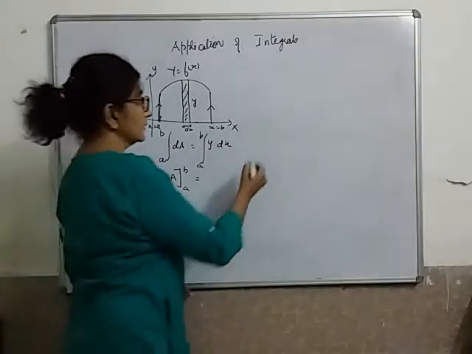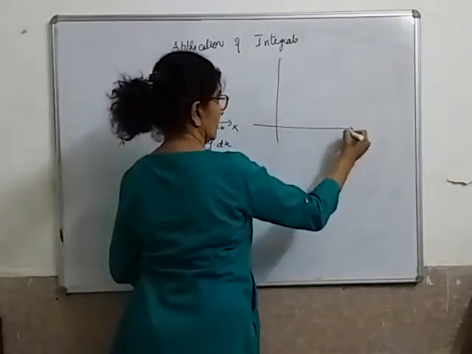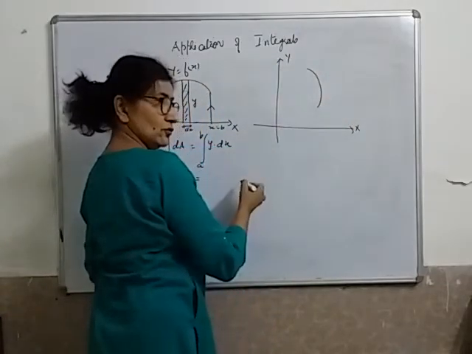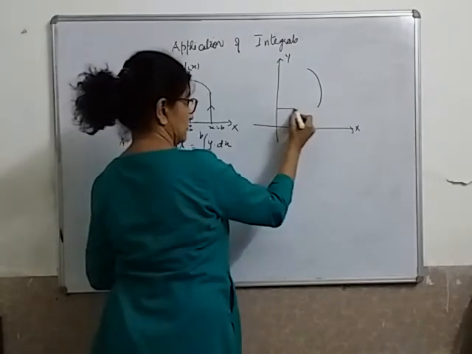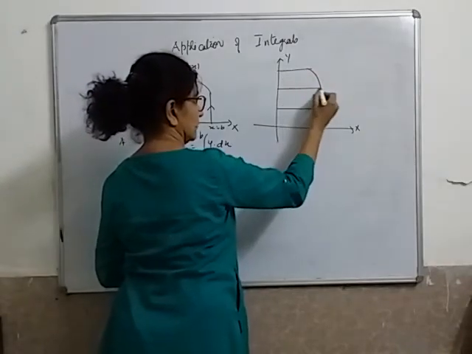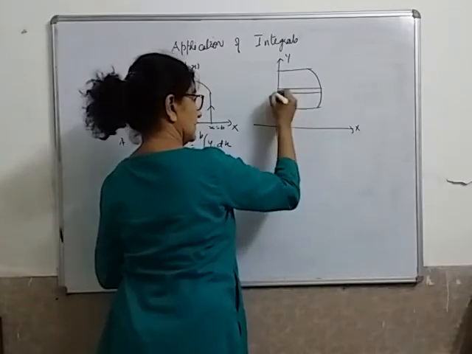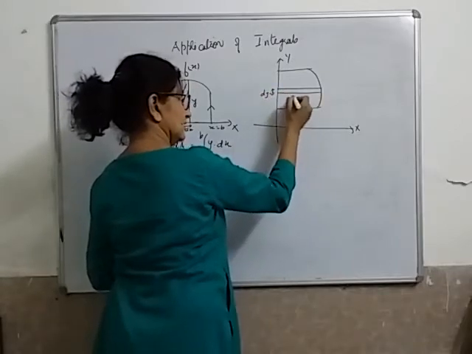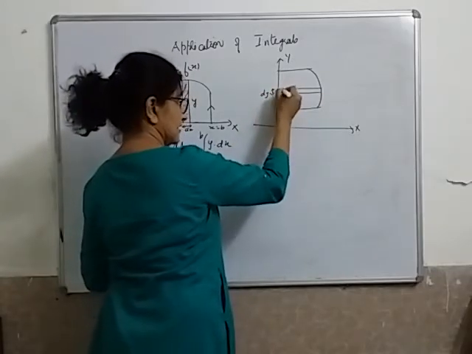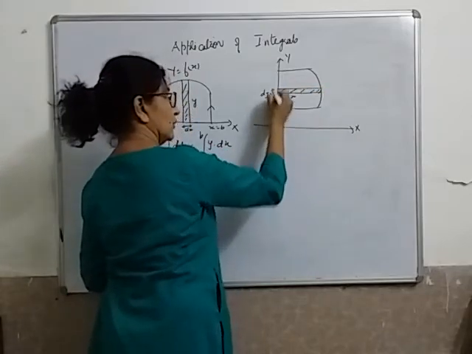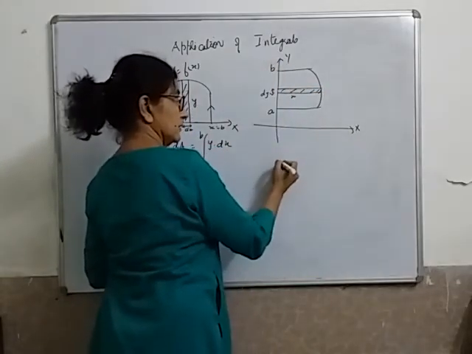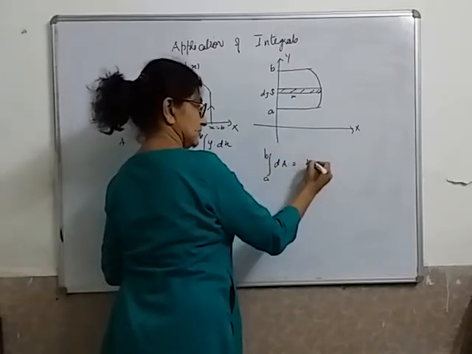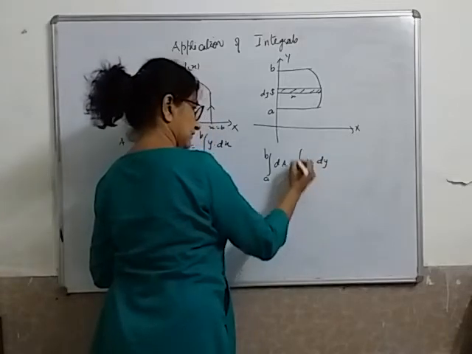Now the same can be like this also. This is x, this is y. My curve could be like this also. Now how to calculate? I can form a small strip here also, and this time I call it dy, and this is my x coordinate. So I can again find the area of the strip and then integrate it for the whole figure from a to b. So dA is x into dy, and integrating from a to b, I will get this area.